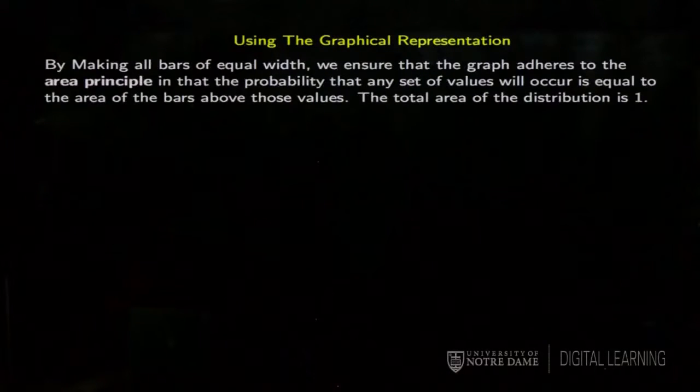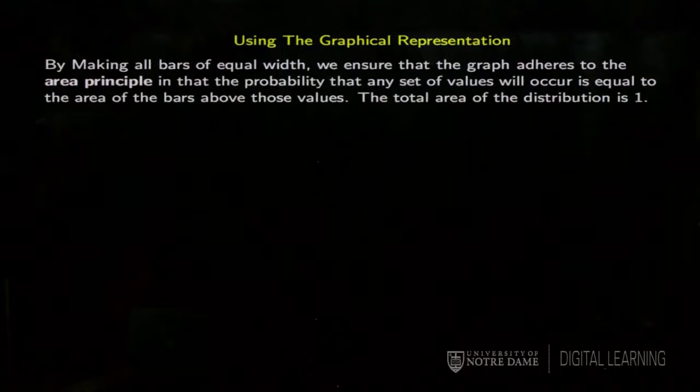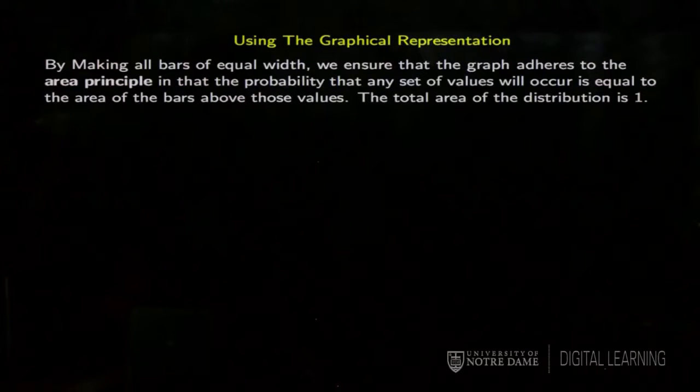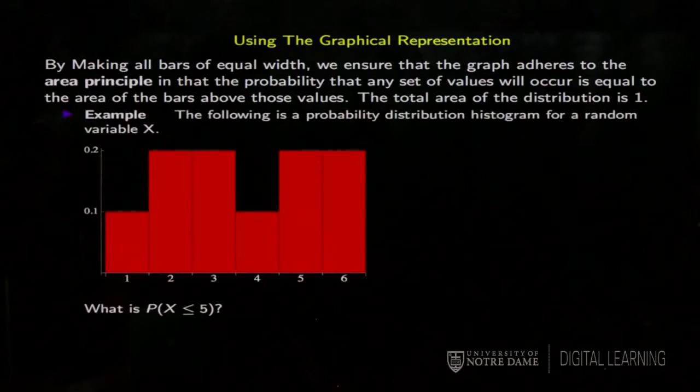How do we use this graphical representation? Well, the graphical representation contains all of the information we need about the probability distribution. So we can actually use it to calculate probabilities. The total area of the bar graph we draw should be 1 if the base of each of the rectangles equals 1. And we can calculate the probability of any particular set of outcomes by summing the area of the graph above those